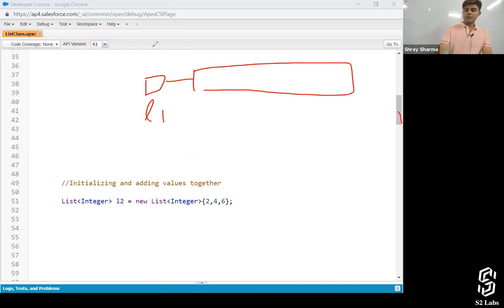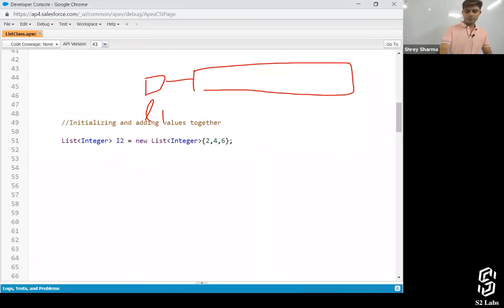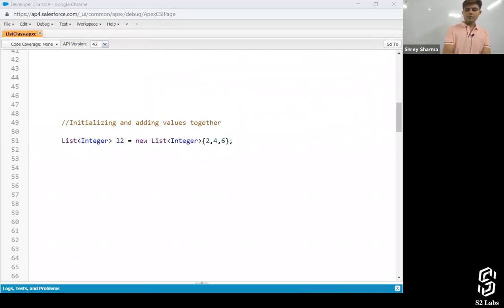Now in this statement, let me explain what will happen. List<Integer> L2 = new List<Integer>. See, there are no parentheses in here. There are curly braces, and inside the curly braces, I've mentioned the values that I would like to store inside this list.